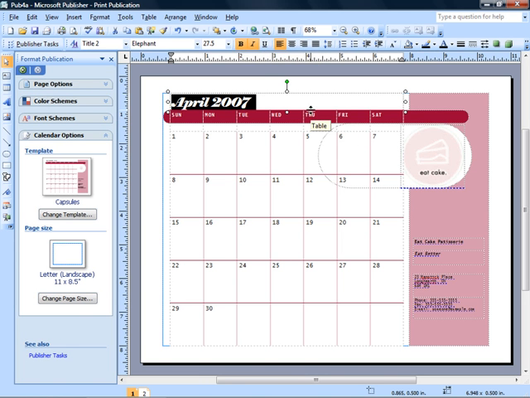Now if I want to change the color of my title, I'm going to deselect it again just so you can see the results so far. This is bolded, italics, and we're using the elephant font. So I'm going to come back in here and make sure that all of my text is selected, and go over here a little bit further to the right, and you can see I've got a fill color, a line color, and then, look at that, font color. If I click this drop down,